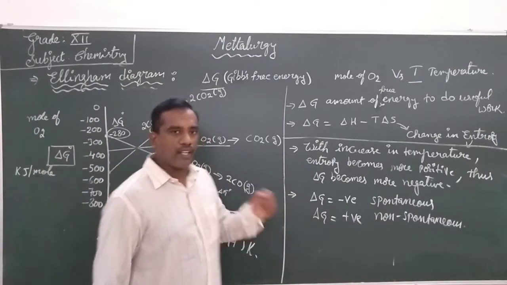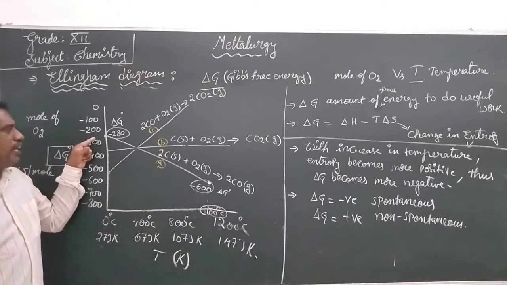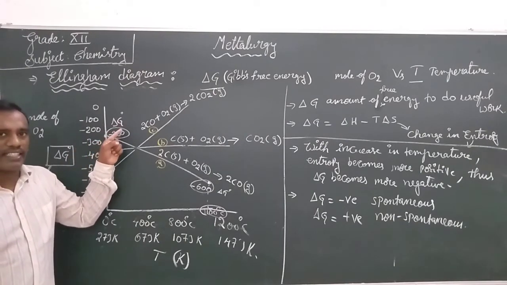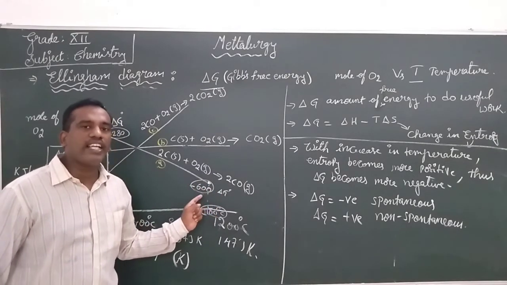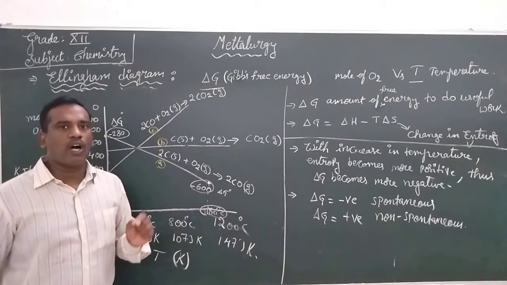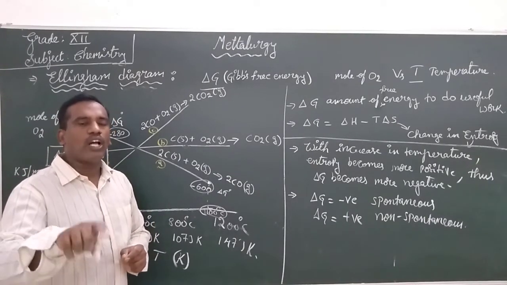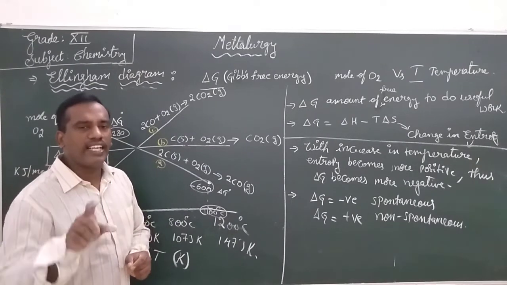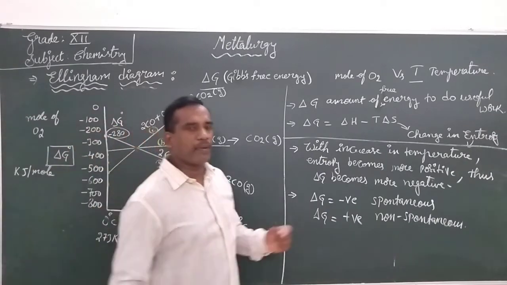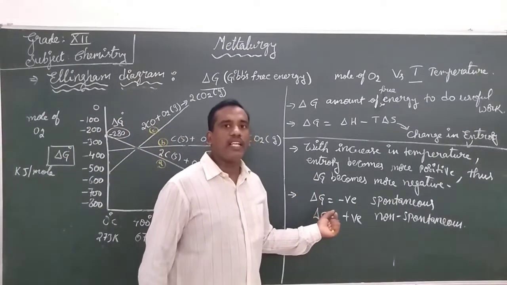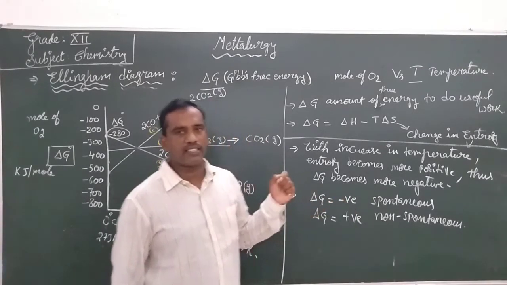So in this point, what did we observe under the line A? Initially approximately minus 280 delta G is there, and finally minus 600 is the delta G. Why is there a change? There is a change because the number of moles of gaseous products is more than the number of moles of gaseous reactants. Means entropy had increased with increase in temperature. So the delta G became negative, that is making the reaction more spontaneous.